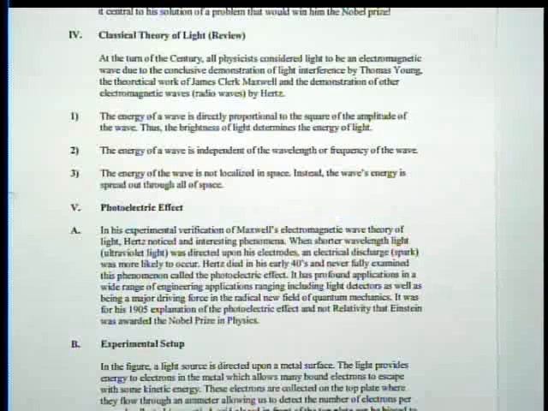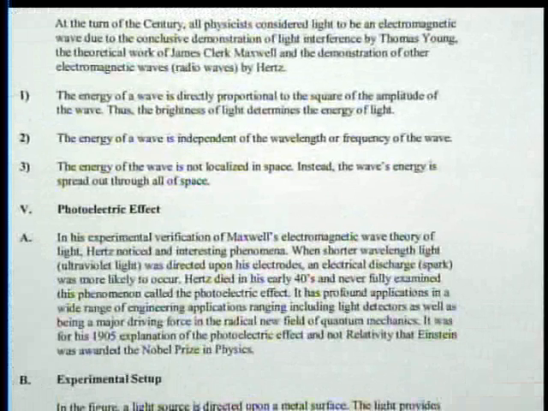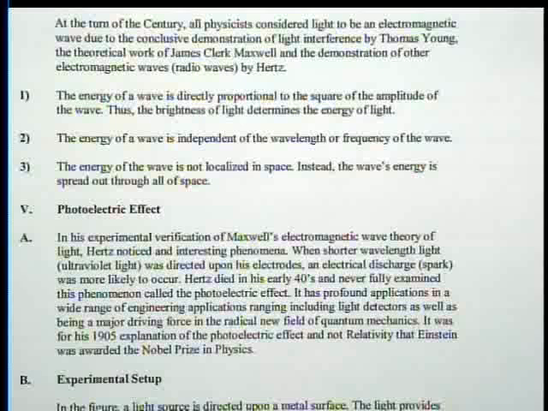If it's a wave, it must have the properties of a wave. So key properties would tell us how light would interact, for instance, with a metal. The energy of a wave is directly proportional to the square of its amplitude. This is true of all waves. So if you double the height of a water wave, you get 4 times the energy hitting the beach. When you're out at Galveston Beach with a 2-foot wave and a hurricane comes in and you suddenly have 20-foot waves, you didn't get 10 times as much energy, you got 100 times as much energy pounding